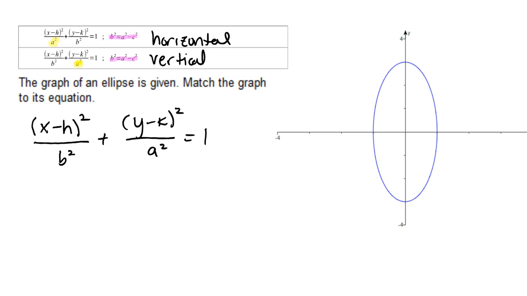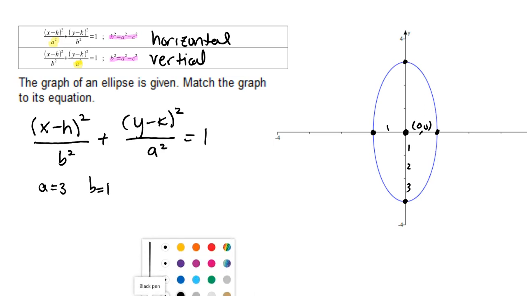And then looking at the graph, we can figure out what A is. We have a center at 0, 0, and these vertices are here and here, and we can count 1, 2, 3, a distance of 3 away, so A is equal to 3. And then going in the horizontal direction, we can see that that's 1 unit away. Our minor axis vertices is 1 unit away, so B is 1. And with that information, we can work out our